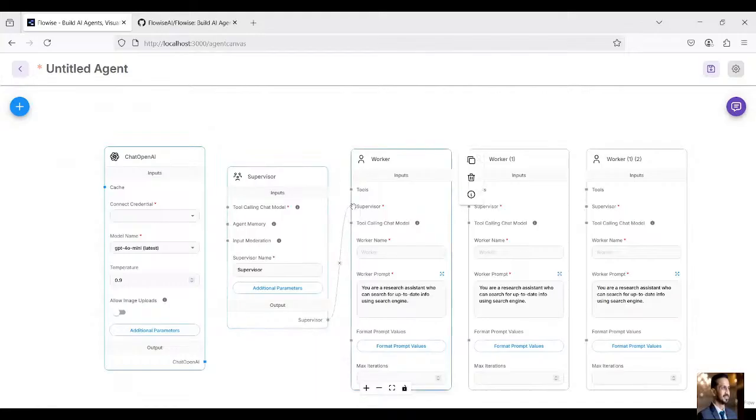Let's say this will be connected to the supervisor, this will also be connected to the supervisor, and this will also get connected to the supervisor. And this one will be connected to the LLM model. And then here I have to add the